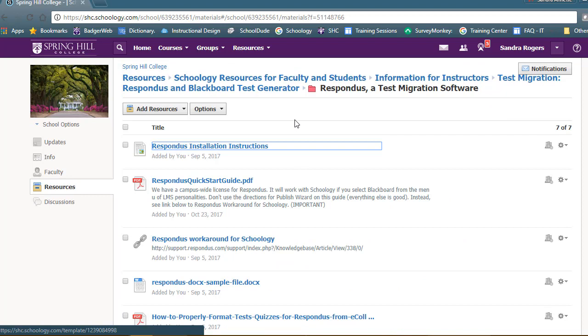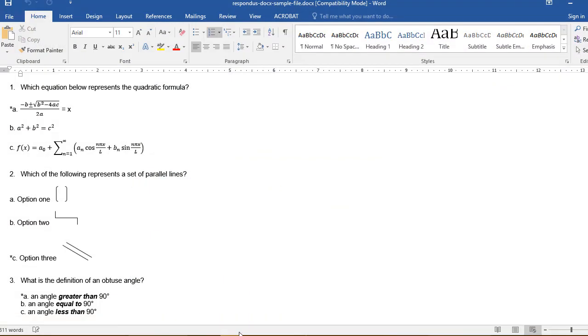Alright, so let's look at what a test would look like. Now really it's an answer key. To format your test, you just have to indicate which is the correct answer with an asterisk. You also have to have your questions formatted with a question at the end, no fill in the blank or other type of formatting.